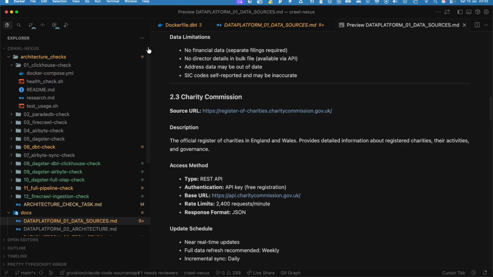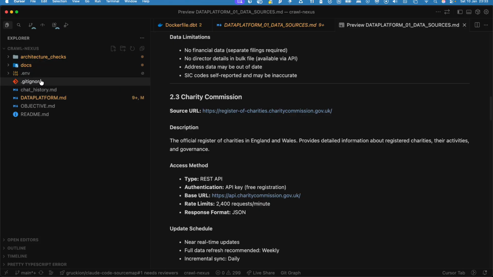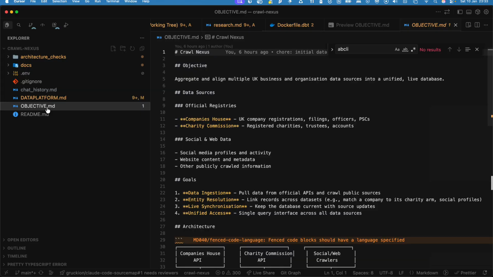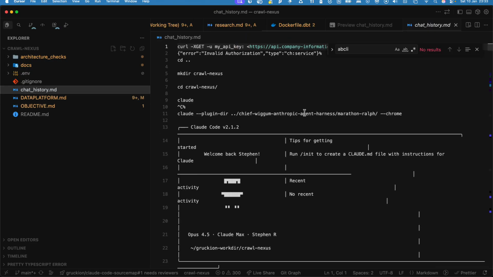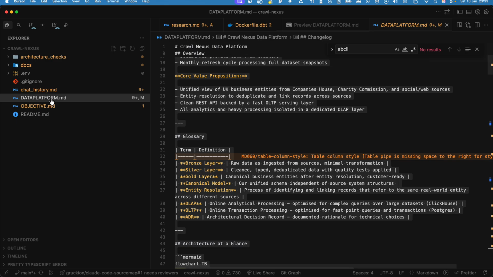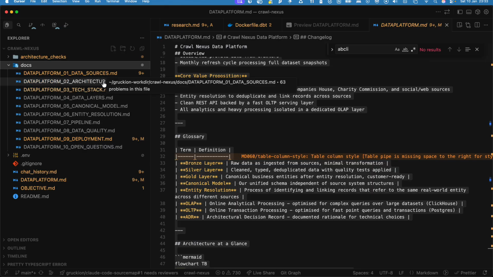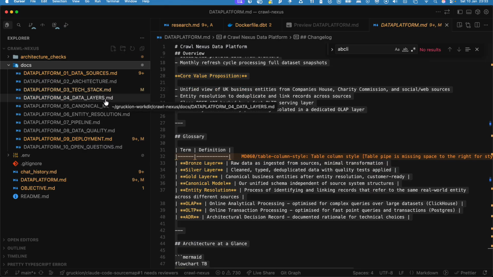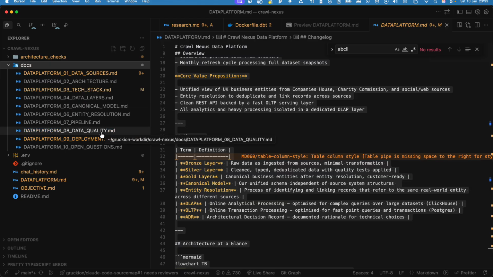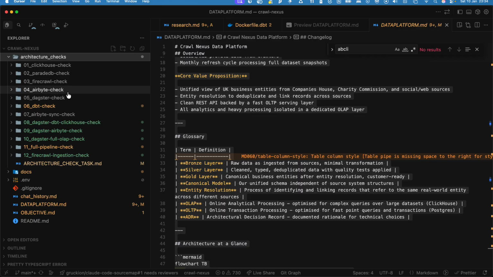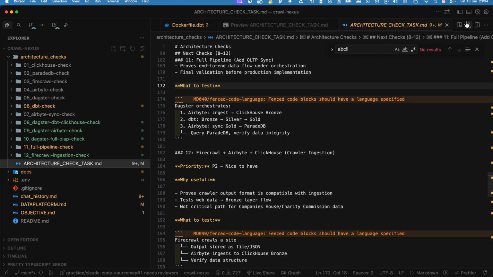But what I want to show you is the approach I'm taking to figure out how to build this. So I've done this initial what are my objectives, then chatting with the AI to come up with what this data platform will be comprised of architecturally, then really documenting that very well, which is here: data sources, architecture, tech stack, data layers, canonical model, entity resolution, pipeline for the data, data quality, data deployment, and open questions of things that haven't been resolved yet. And then architectural checks. This is how I'm going about building it. So if you look at the architecture checks task,